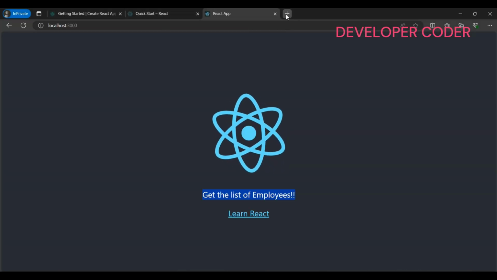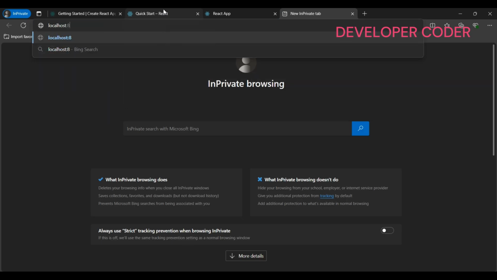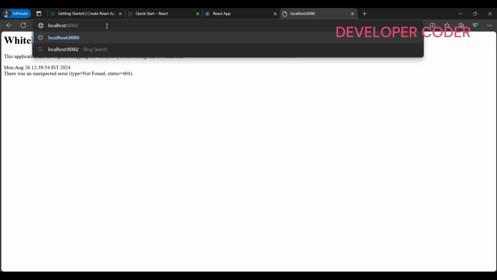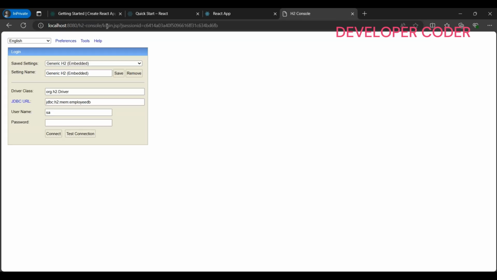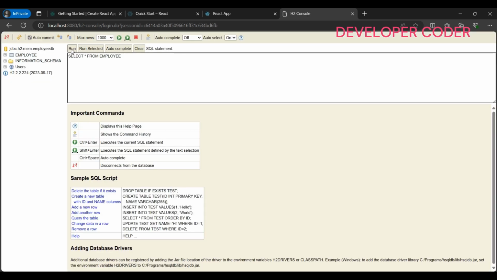If I go here and write localhost:8080, inside this my Spring Boot application is running. If I give h2-console here, you will see this. If I connect to this DB, this is the table that we have created,